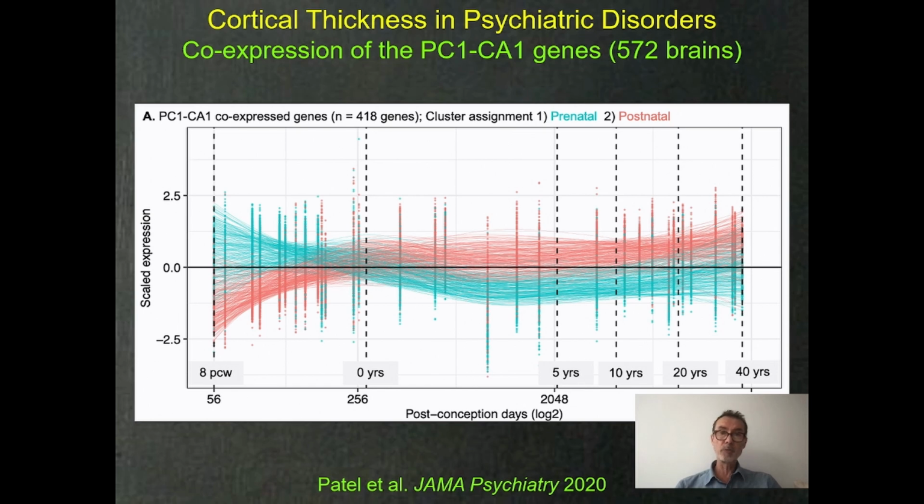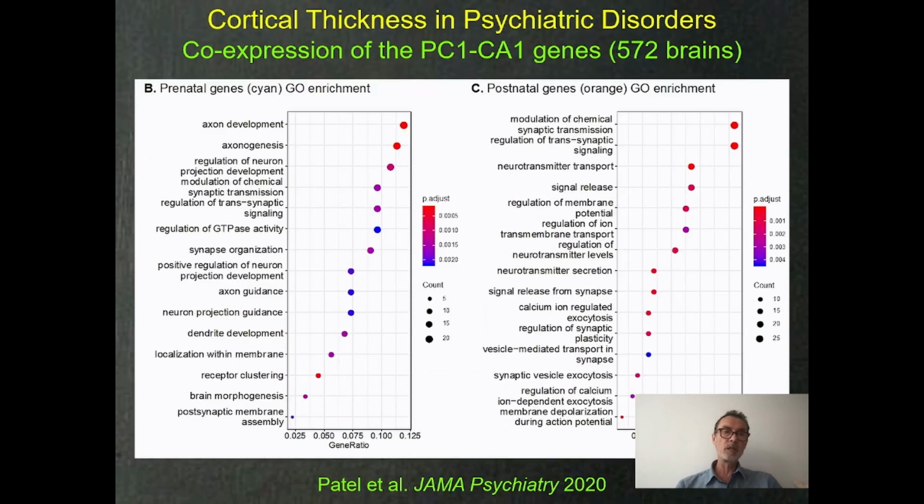And the last question we ask, what are those different genes in those two groups? For this, we use gene ontology. And not surprisingly, of course, the ones that are expressed before birth are mostly genes that have to do with the development of nervous system, including, for example, dendrite development. The postnatal genes are more related to actually functioning of the cerebral cortex, or specifically neurotransmission, but also regulation of